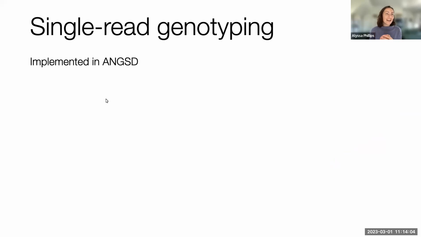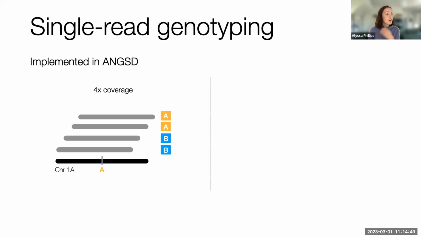And we're using a new-to-us genotyping approach to do this. We're calling it a single read genotyping approach, and this is implemented in ANGSD. I was just going to briefly talk through what this is. This method has typically been used in ancient DNA, where they have very low coverage genome sequence data, because oftentimes your low coverage genome data can be biased by coverage a lot. A difference between 1x and 5x coverage can really skew your genotypes. That's what this method was developed for, and we're co-opting it for potentially using it for